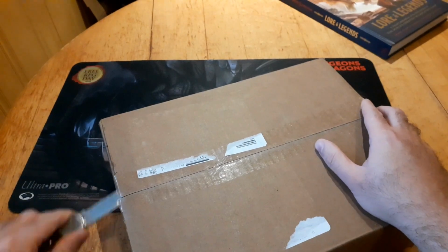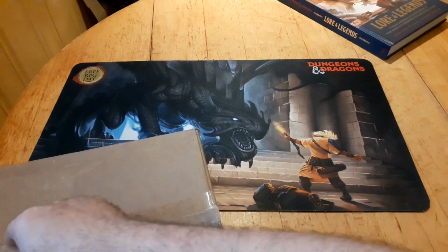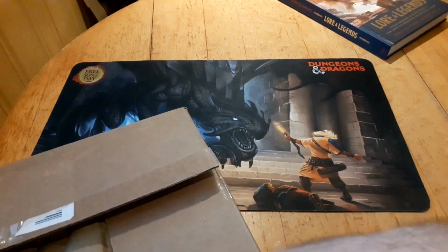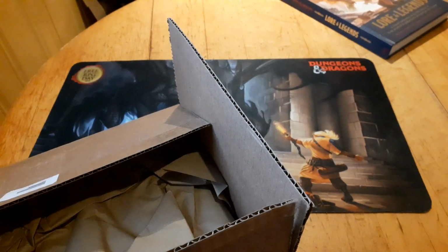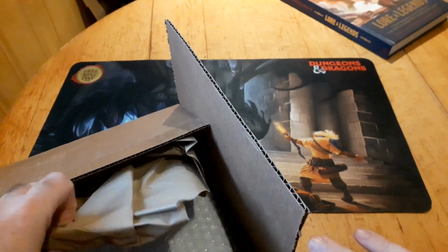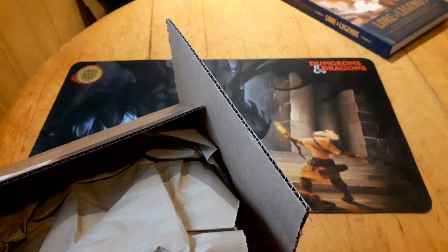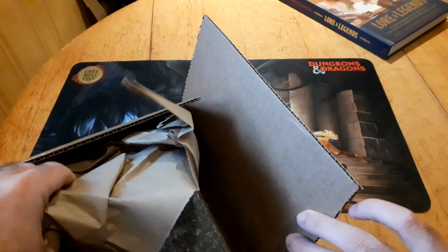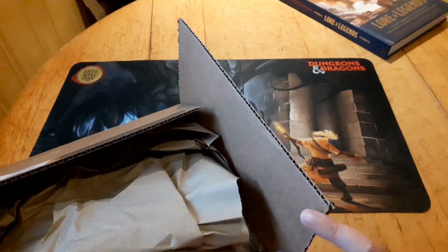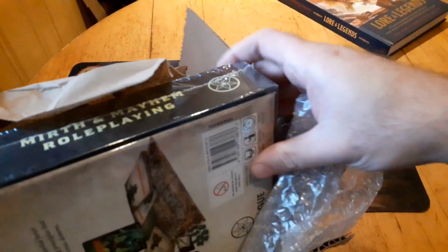Let's just get this open. I just should make sure there's no shipping label on the top there. So I'm just gonna do this. All right. Okay, I think that's the only shipping information in there, and I don't think that showed up on camera. But what we got here is, well, number one,